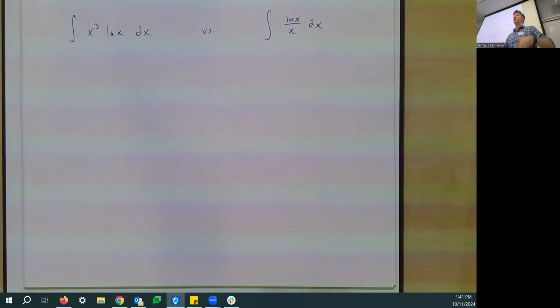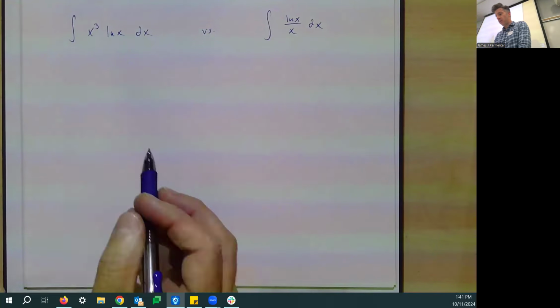But if I just have powers of x, integration by parts is off the table. If I just have trig functions, no, it's really still kind of off the table. Usually, if you don't have a mixture of two or more types of functions, you really shouldn't be thinking integration by parts. U substitution is still very much in play, but integration by parts is not. So this first one here,